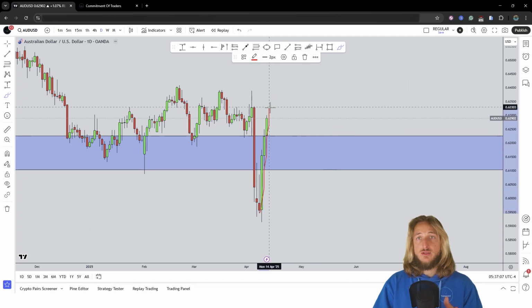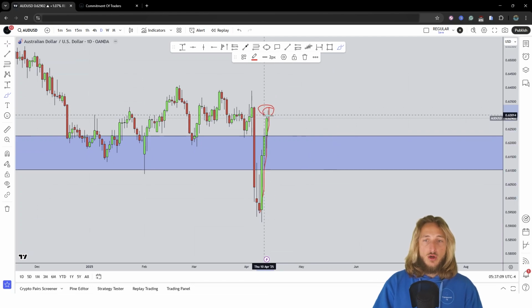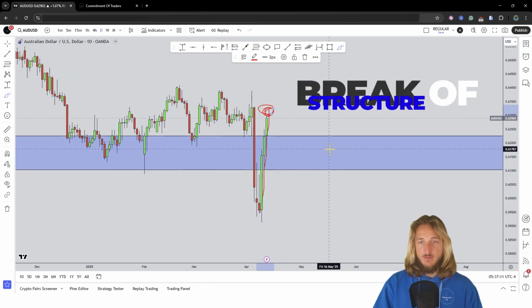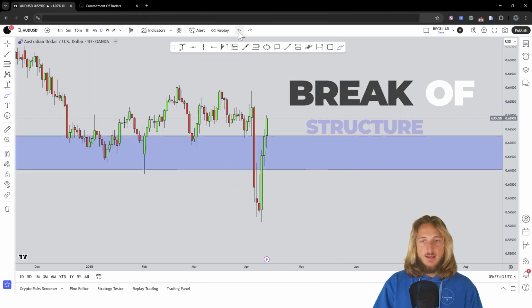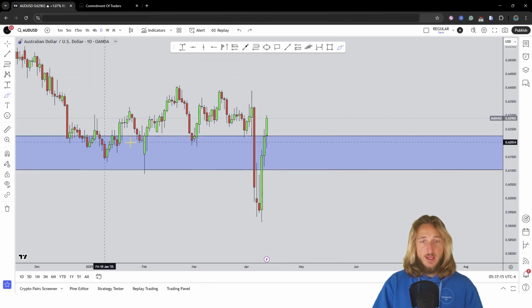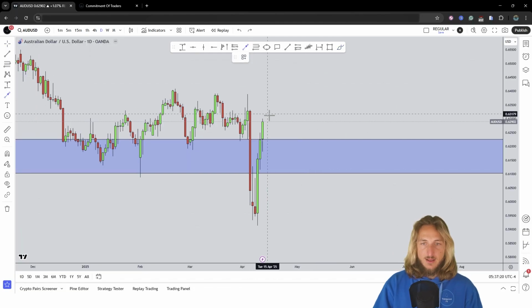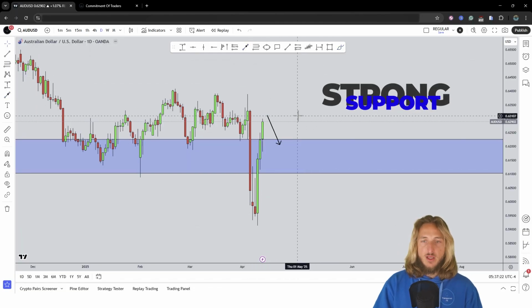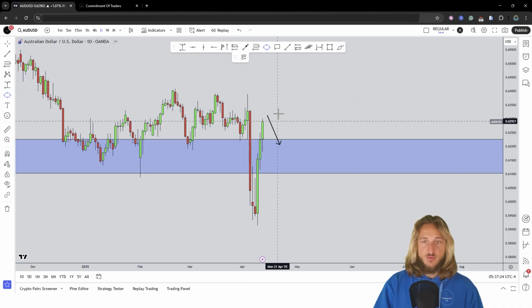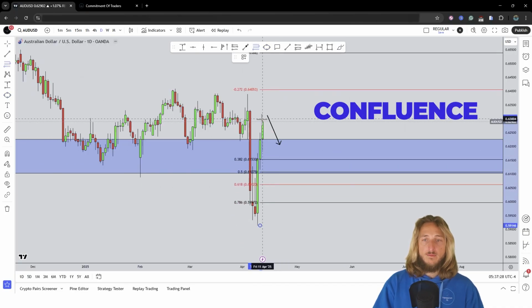But at the moment, what we have to keep in mind is that the market from a daily closing perspective has now closed back above this level of structure, meaning that when the market was below the zone, this previous support was turned resistance. Now this is again turned support. So if the market will now go and retest this previous resistance turned support area, we essentially have confluence of support around this area,